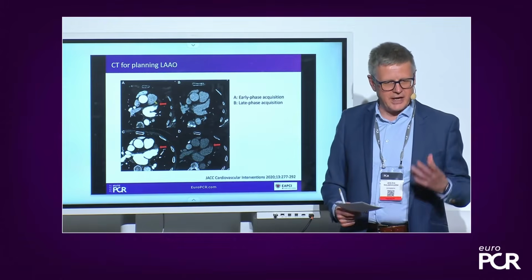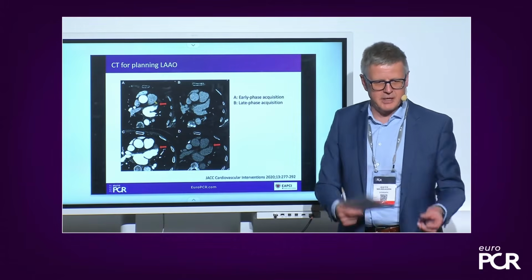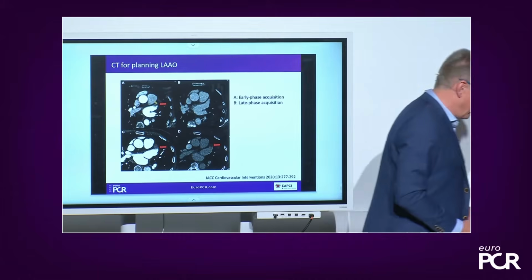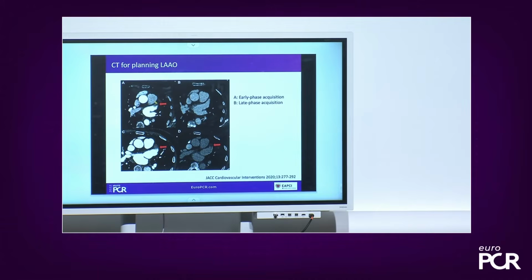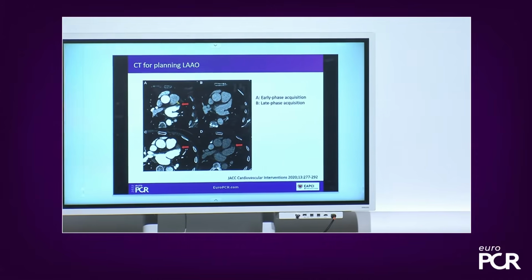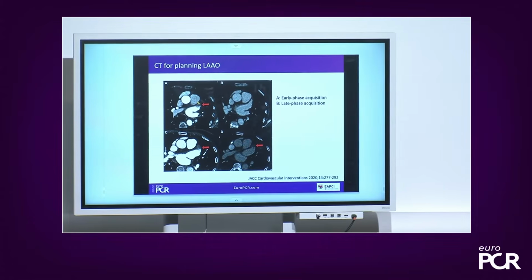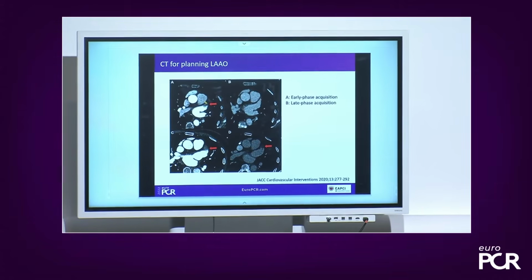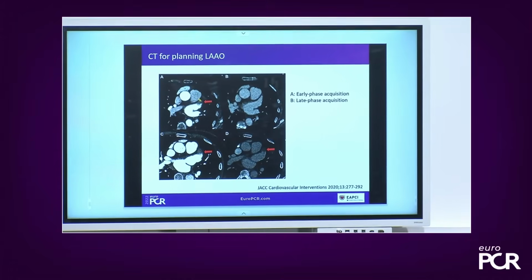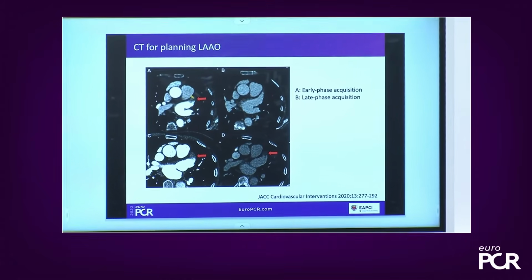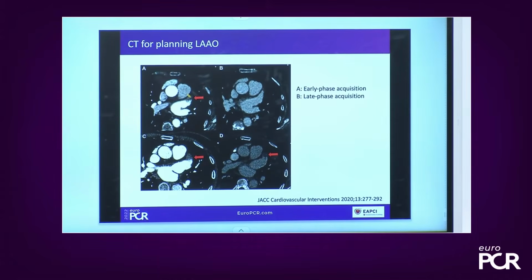So that's a very good strategy to discriminate slow flow from definite thrombus. There are a few cases where you will still be in doubt, and then you might proceed in rare cases also to do a TOE to be completely sure that there's no thrombus. But let's see more here, because one thing that CT allows you to do is to do a very precise